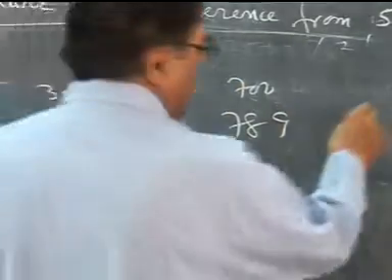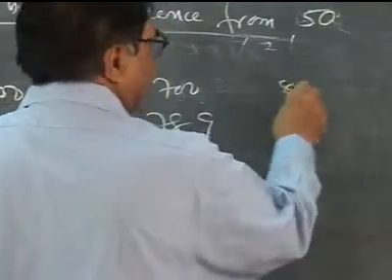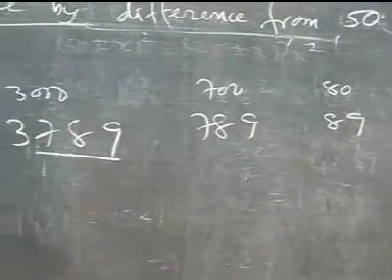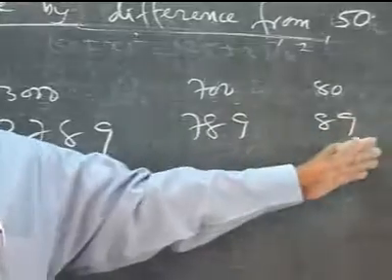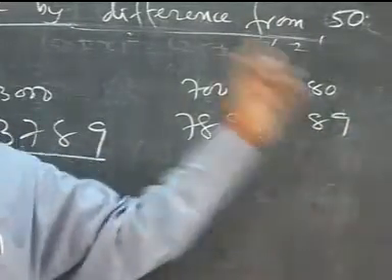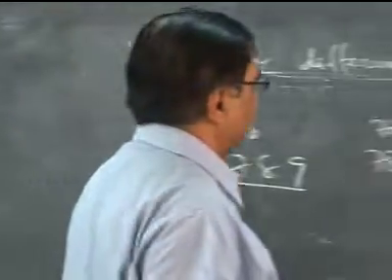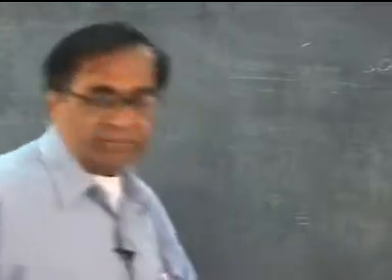Then I go for 89, I need 80 as a base. And if the number is going on bigger and bigger, how many times will you have to find the square? So there must be a simple method which can give you the square. Let us try to understand it. So we shall first of all try to understand a new method known as the method of duplex. First of all,